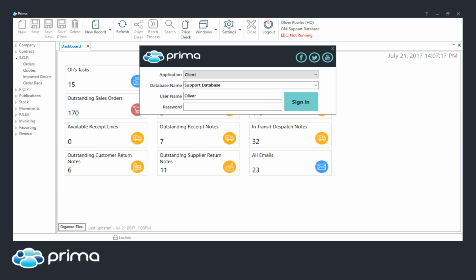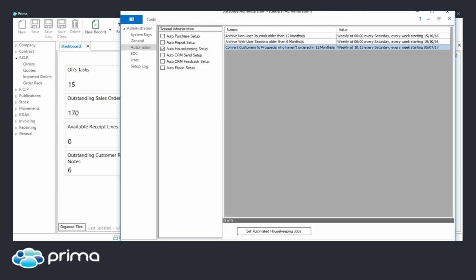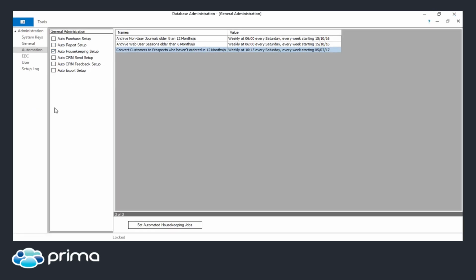somewhere, with the monitor. There we go. Right, okay. So when you log into your administration, you've then got your options on your left-hand side as to what area you're going to be going into. And then the first new feature that I'm going to run through today is converting customers who haven't ordered in the system for a certain period, automatically setting those to prospects. So you go to automation and then auto housekeeping setup, and then there's now some automated housekeeping routines in the